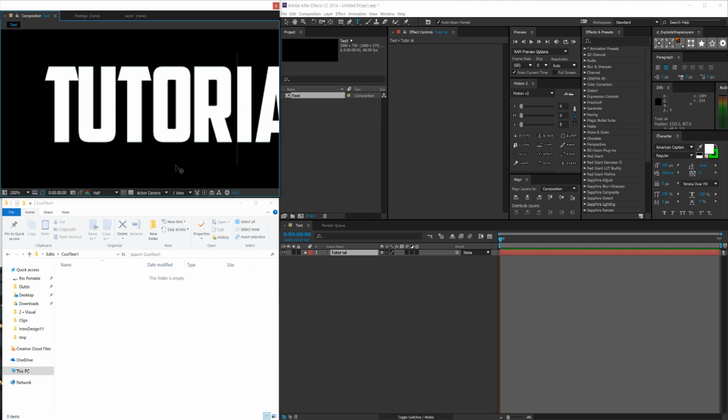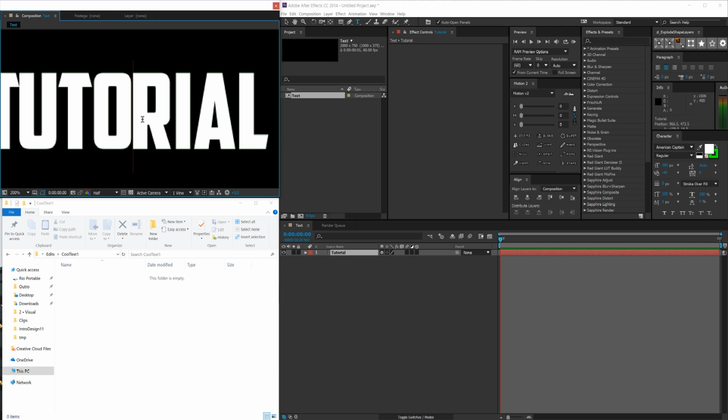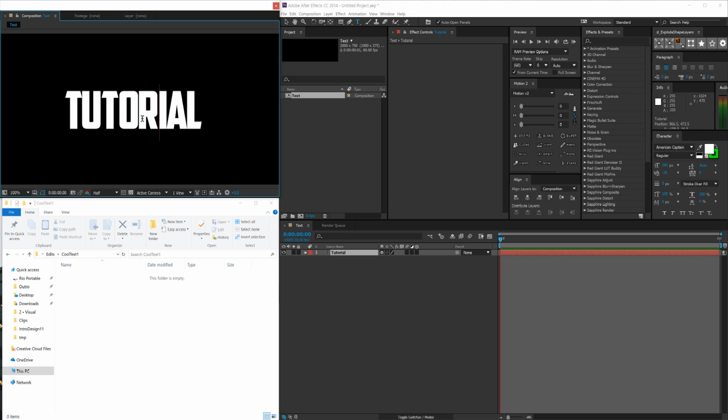I keep putting in spaces because I'm trying to move around my screen here. Let's go ahead and move that over to see what I'm doing. And yeah, just change around the kerning, make sure it's satisfactory. And that is looking about good. I'm not going to spend too much time on it, this being a tutorial and all, but that